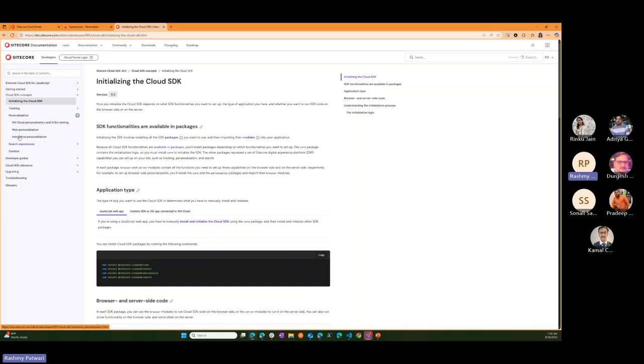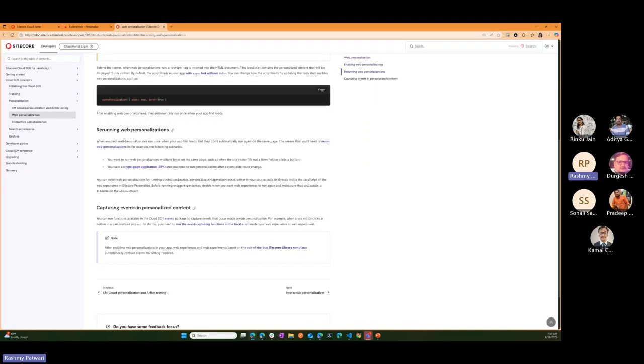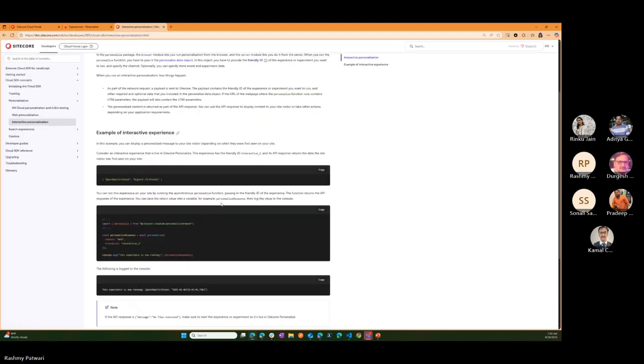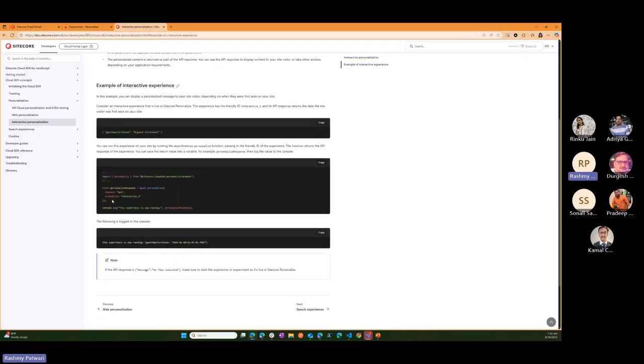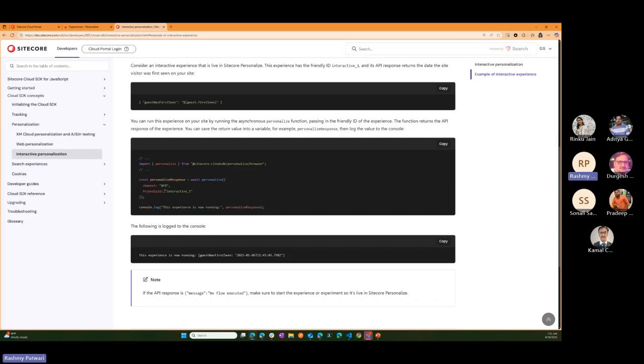When we want to invoke them, we add it to the code, as I showed you. Here's how you run it: you call the friendly ID and run it from your code or component.